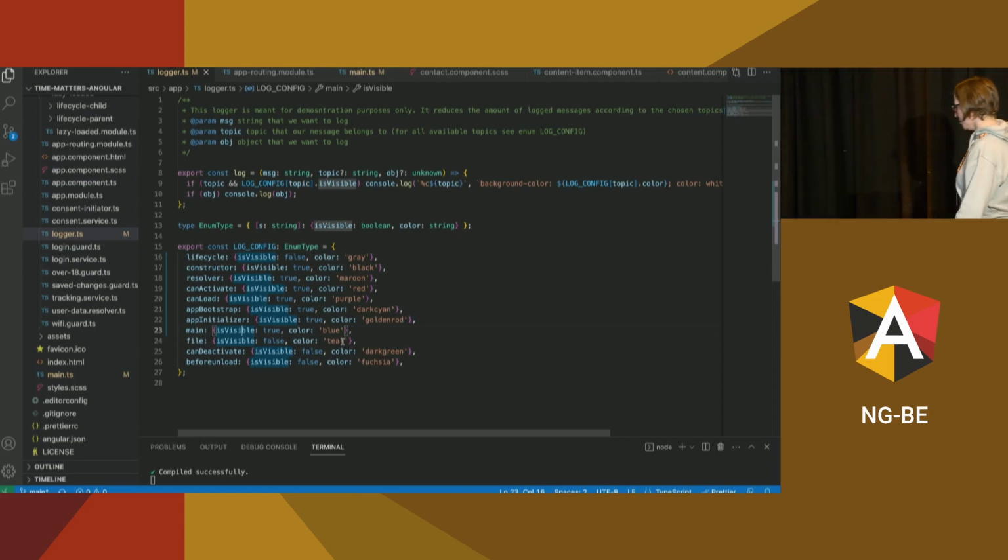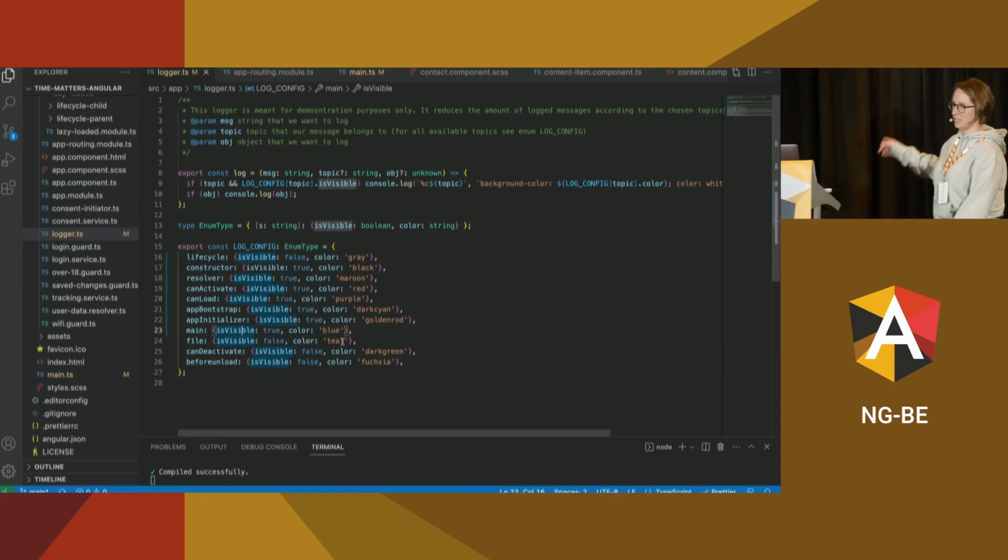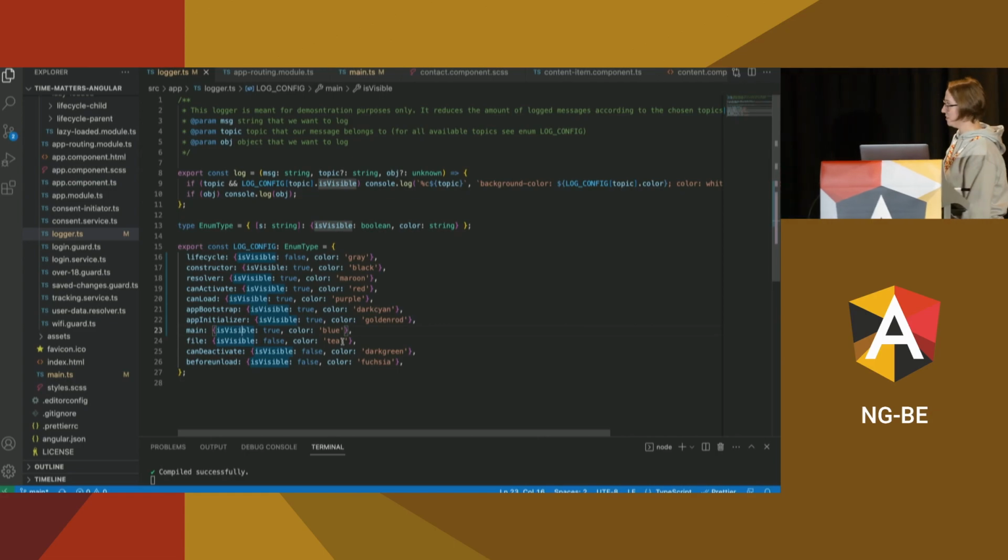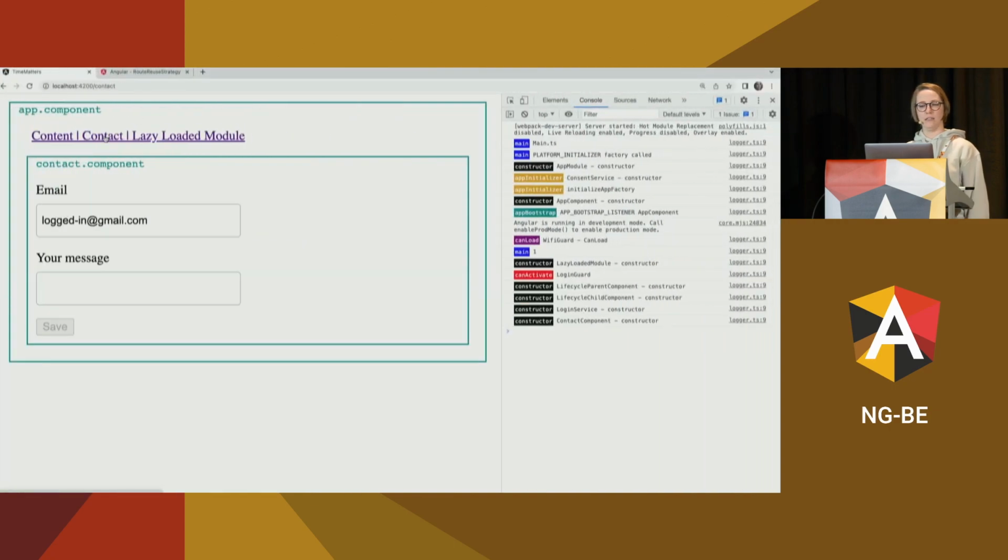So coming back to the present, and let's move to the future. I have 2 steps for the future. In this case, our user clicked on the button, and afterwards would like to do something. Let's say we have our contact form, and there are some unsafe changes. The well-known option here would be the lifecycle hook canDeactivate to warn the user if the user wants to do something about it, or maybe to save it.